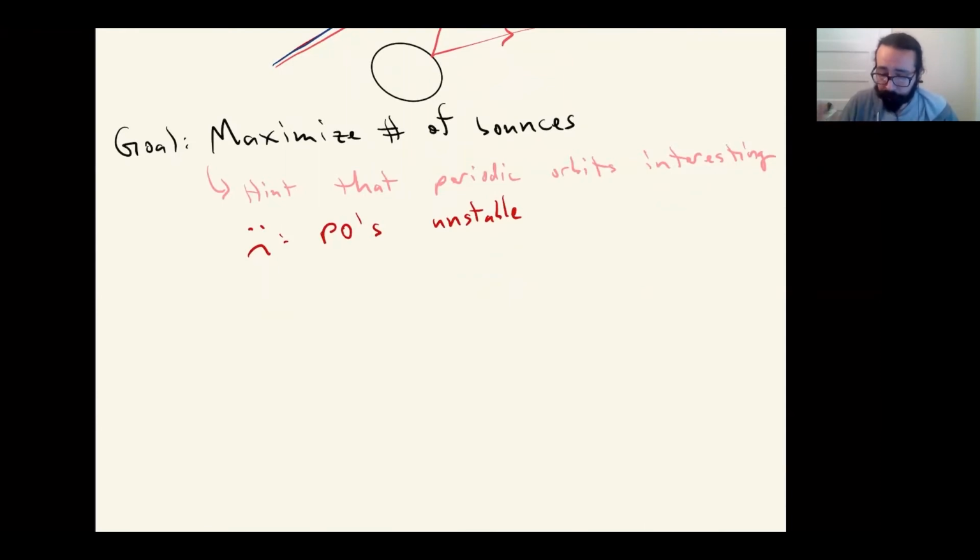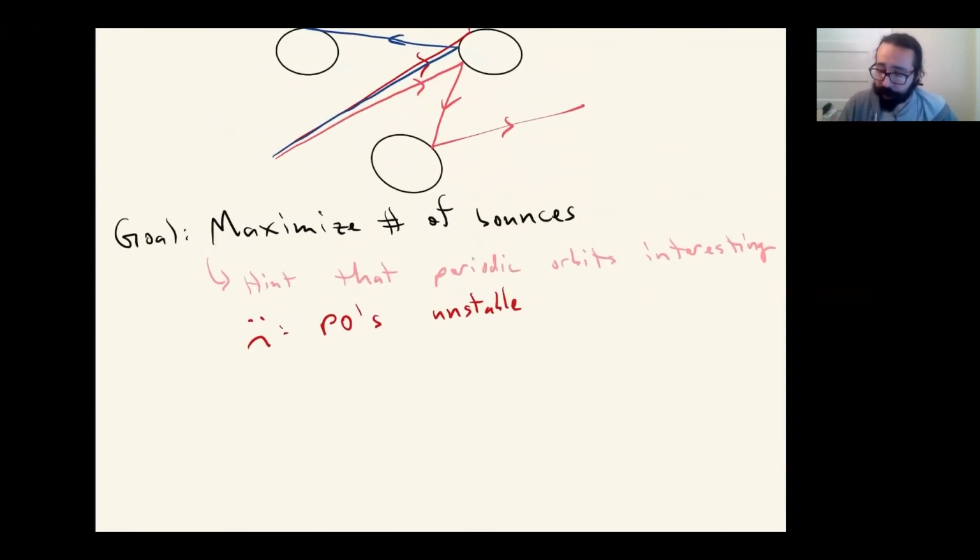And so we kind of have this conflicting intuition that, okay, we care about periodic orbits because that's how we win, that's how we can get the most points, but they are unstable, so that trying to actually aim for a periodic orbit, well, in some sense, if you're coming from outside, there's no way you can do it. But you can ask, how close could I get to a periodic orbit? Can I hug along a periodic orbit for a very large amount of time in order to get the most bounces before eventually leaving?